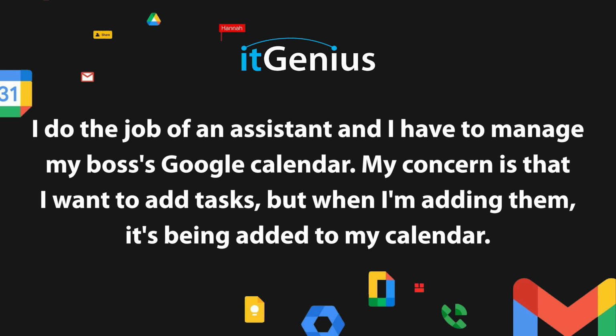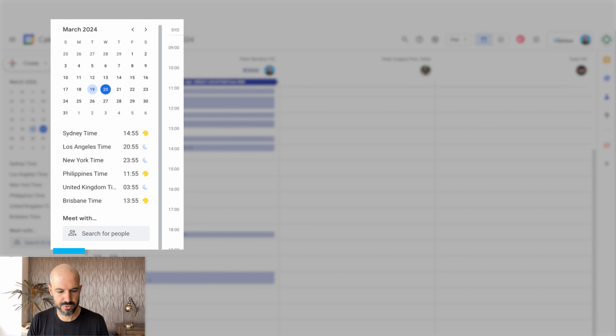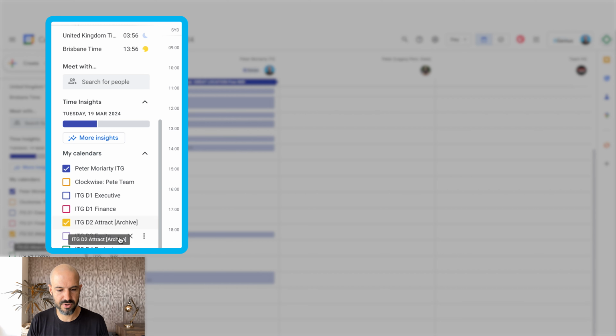I'm doing the job of an assistant and I have to manage my boss's Google Calendar. My concern is that I want to add tasks, but when I'm adding them, it's being added to my calendar. I'll jump into a blank task here, and you'll see here that on the left-hand side of my screen, I